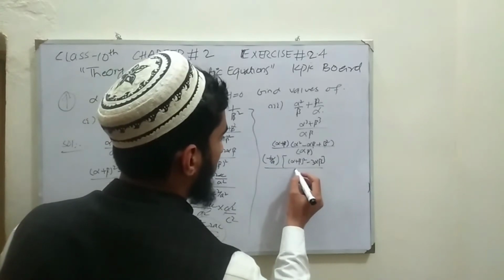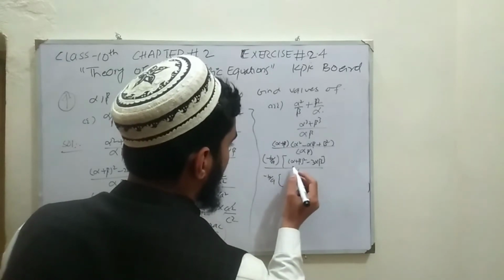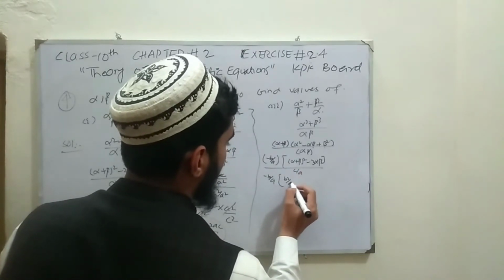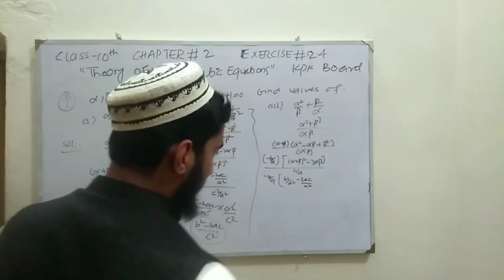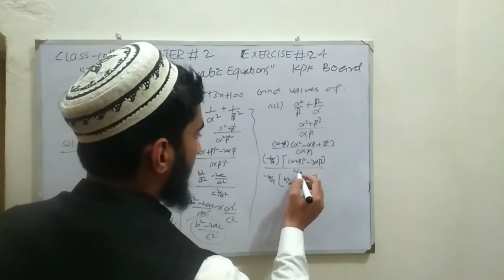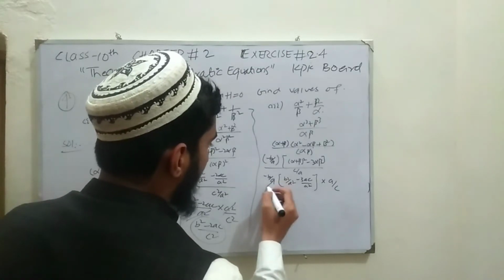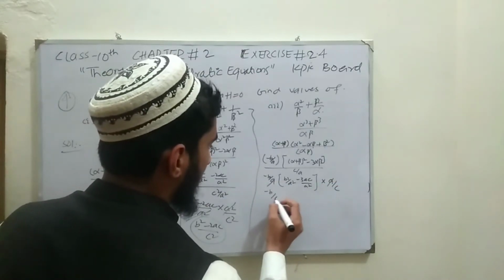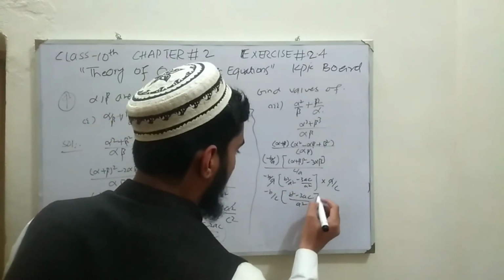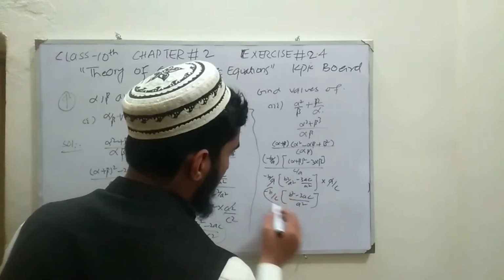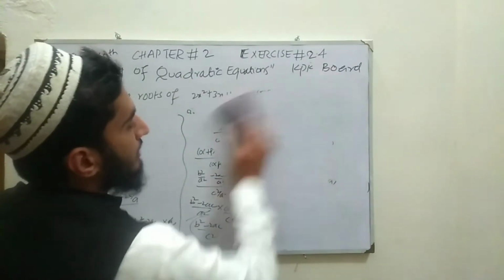Divided by alpha beta, which is c over a. So minus b over a, and alpha plus beta is minus b over a, which gives us b square over a square minus 3 times ac over a square, divided by c over a, which we can write as a over c. So minus b, a will cancel out with a, so minus b over c inside of b square minus 3ac over a square. Multiplying this with this, it is the required solution to the given equation. Move to the fifth question.